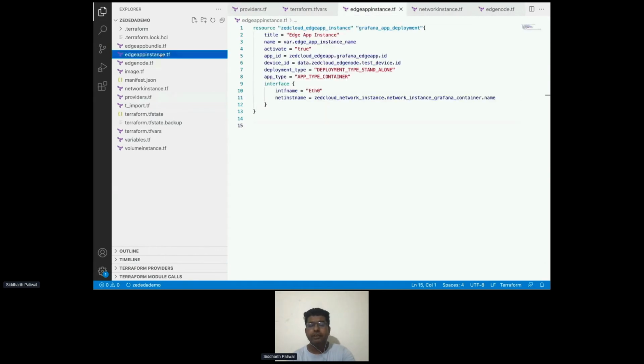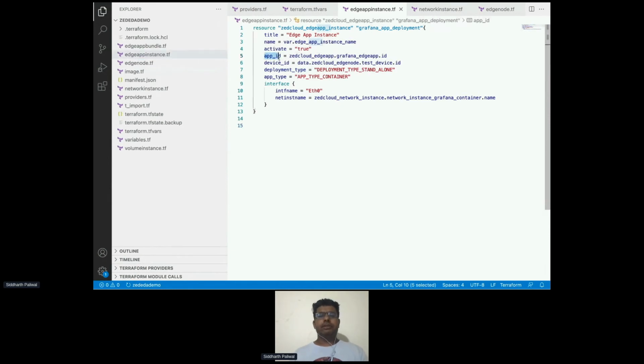We will try to deploy one of the images, I am referring here to the Grafana app. We will try to deploy that using Terraform. So this is the edge app instance, and as you can see here, like what we have seen in our diagram also, this is the app ID. Our edge app instance refers to the app, and then it needs the device ID, and finally it needs the interfaces, basically which network instance it is